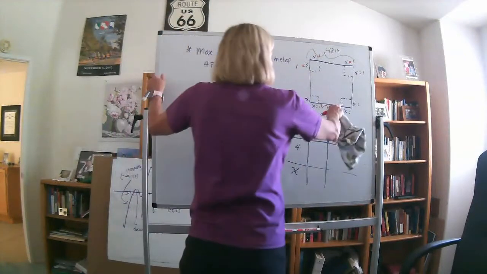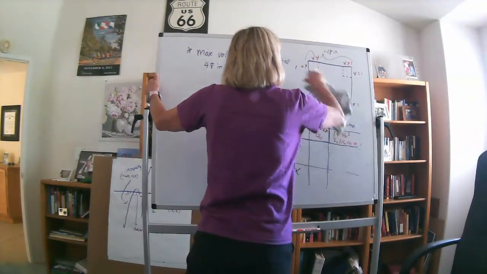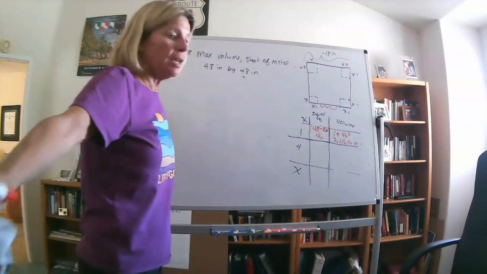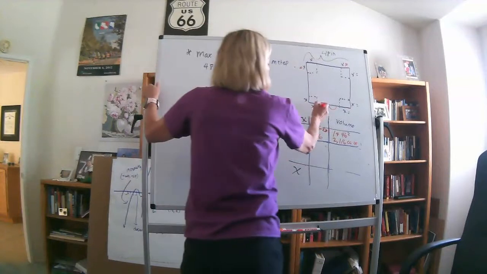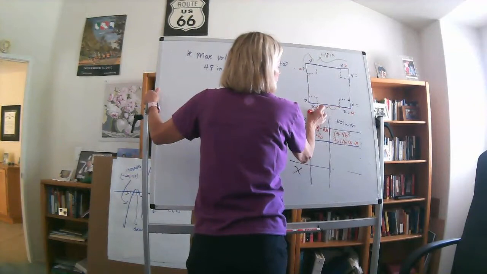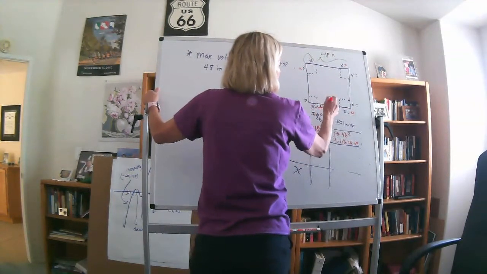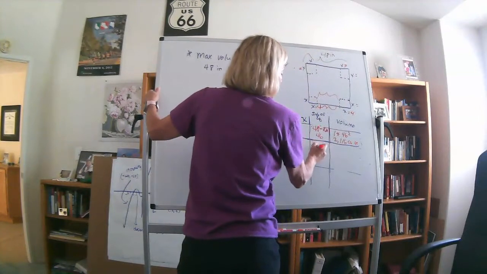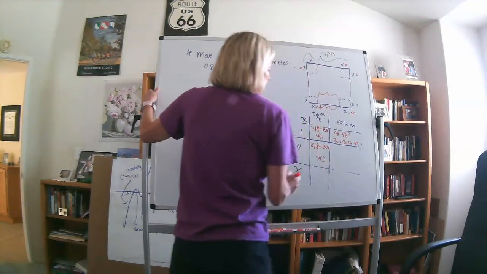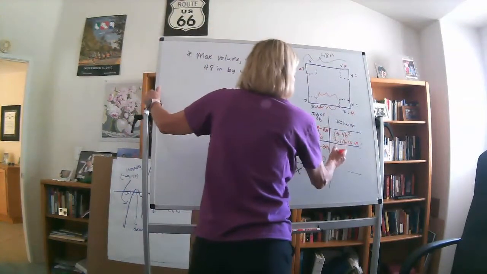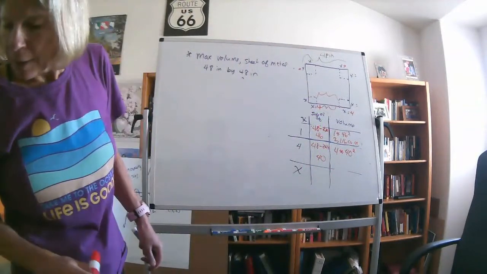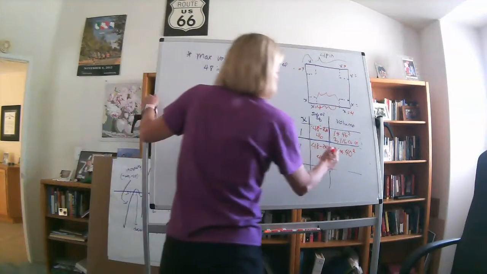I don't really have an idea now if that's good or bad, so I'm going to try a different number. I'm going to try a little bit bigger number, in this case 4. So if I cut out a side of the square that is 4 and fold that up, what's left in here is 48 minus 2 times 4, which is 40. My volume is going to be 4 times 40 squared, and that gives me 6,400